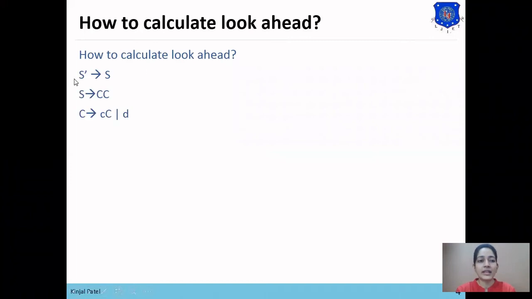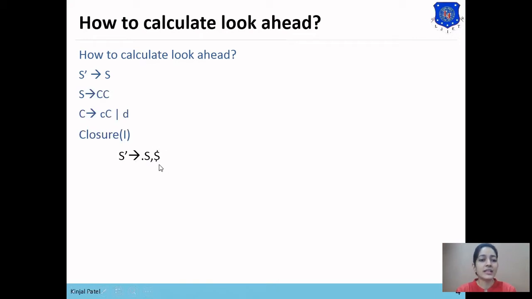Here are the grammar rules: S' derives S, S derives CC, C derives cC or d. First, we'll apply the rule of closure. The closure rule says that the production S' derives dot S is in closure of I, comma, dollar.